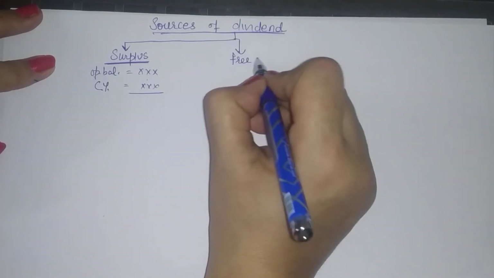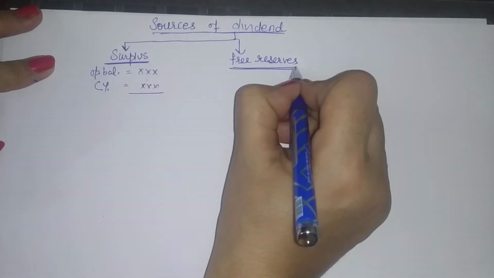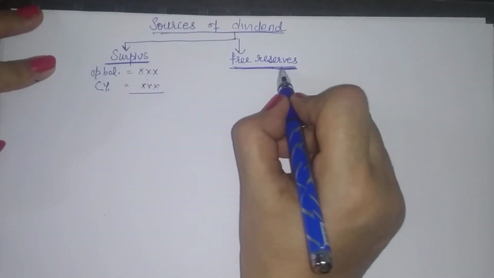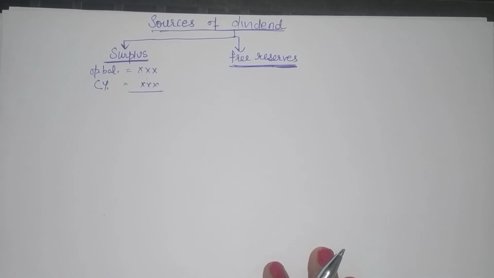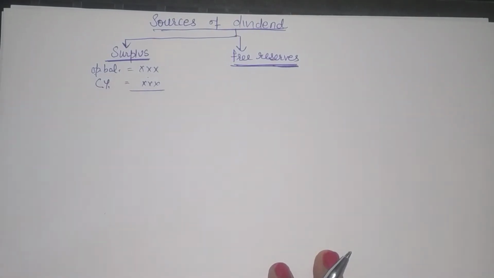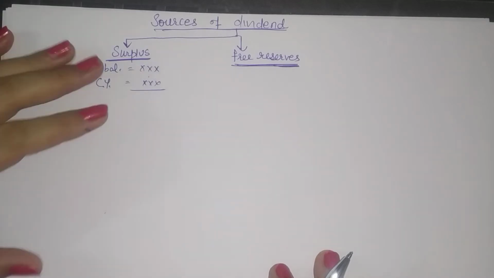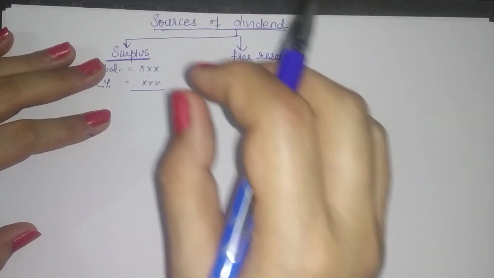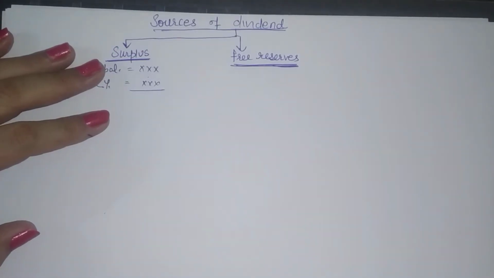free reserves. Now when we say free reserves, it means any reserve which can be utilized for giving dividend as per the Companies Act, like general reserve, reserve fund, etc. can be used. Now when we talk about, say, dividend equalization fund, that fund is also maintained for giving the dividend, so that can also be used. But if we say capital reserve, capital redemption reserve, these cannot be used because you have certain restrictions on their use, like CRR can be used only for issuing fully paid bonus shares.